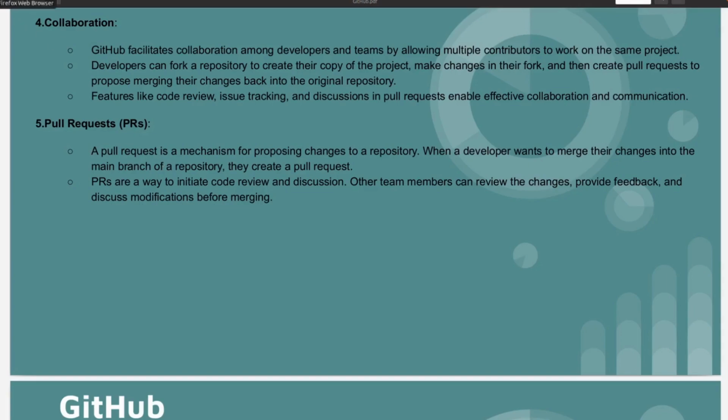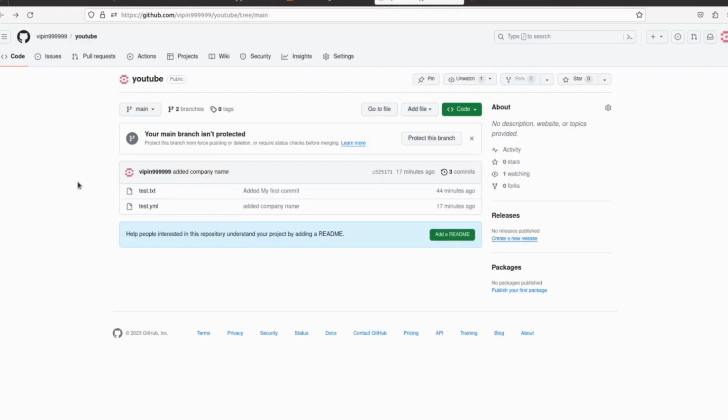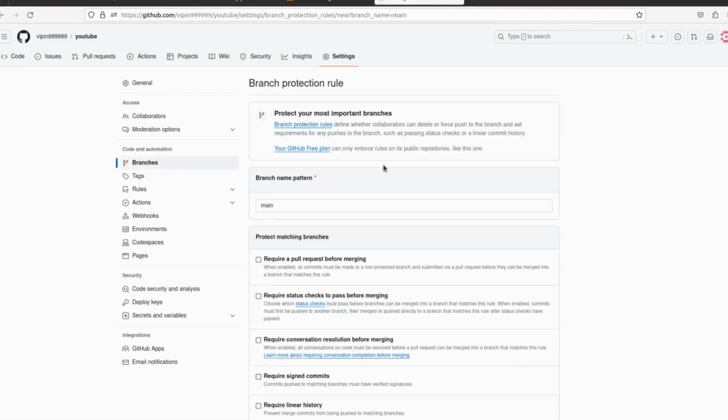So let's go first, okay? Here in our GitHub console, we can see we are on the main branch. Here it's saying your branch is not protected, so protect your branch. You can click here, okay?